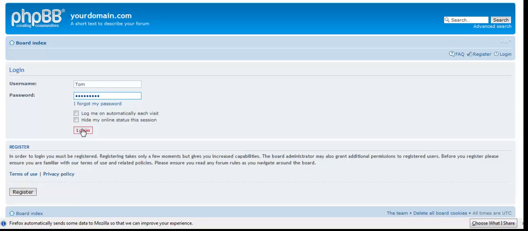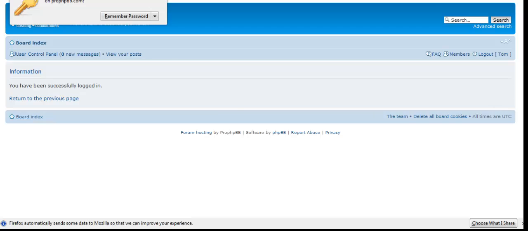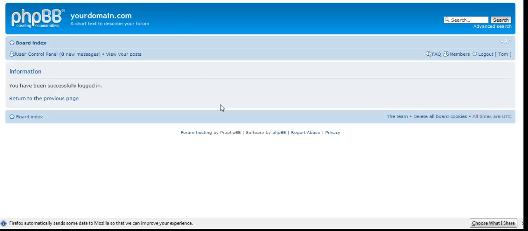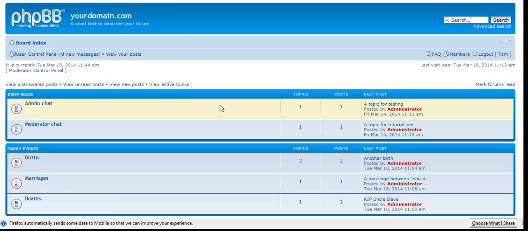We'll log in Tom, get rid of the old pop-up that appears. Now Tom, remember, is now a moderator, so Tom can go in there. But he shouldn't be allowed in there. Now as you can see, he can go there. So what we've got to do is restrict his access in the admin chat. We're going to do that in a second, but in the meantime I just want to show you another member. So let's say we'll log out Dick.